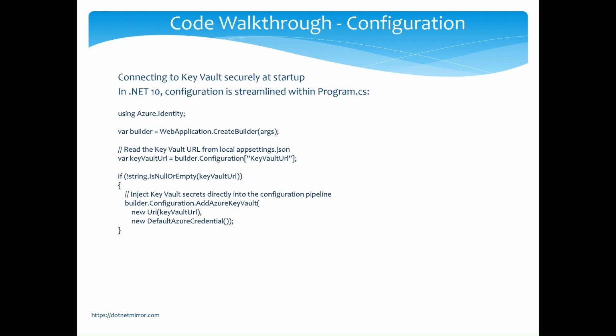Let's look at the program.cs. It is incredibly clean. First, we read the key vault URL from your standard local configuration. We call dot add Azure Key Vault on the configuration builder. We pass in the URI and initiate our default Azure credential. That's it. In those few lines of code, Azure Key Vault secrets are now injected directly into your application configuration